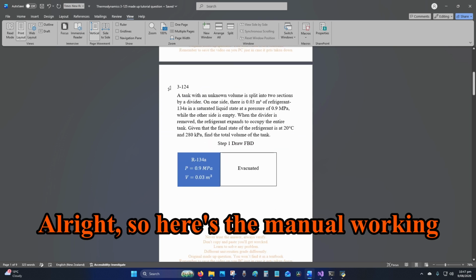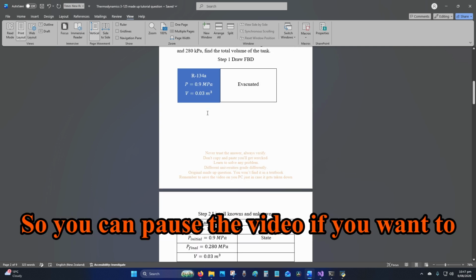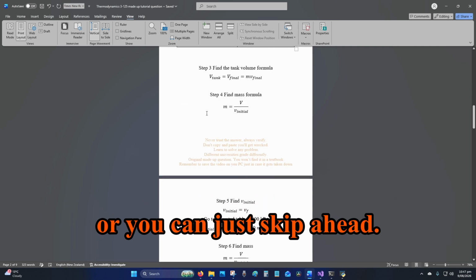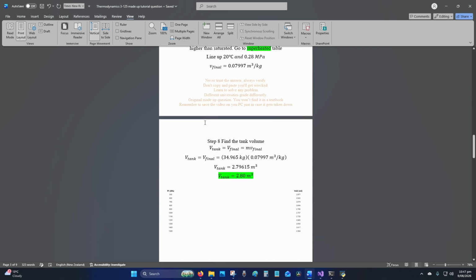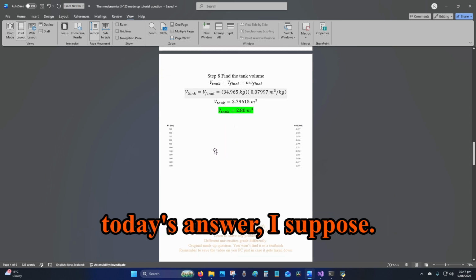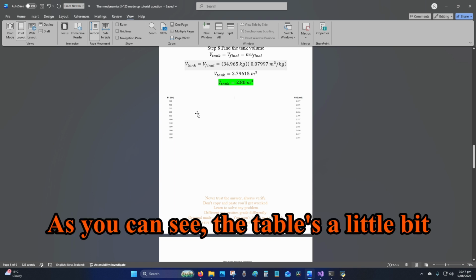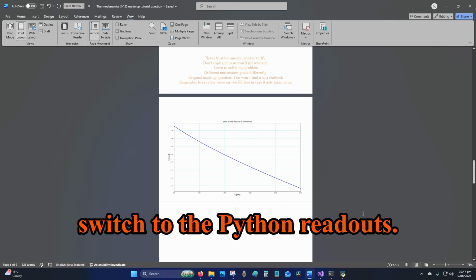Alright, so here's the manual working from the previous question. So you can pause the video if you want to, or you can just skip ahead. Okay. So that's the working, and now here's today's answer, I suppose. So as you can see, the table's a little bit blurry, same with the graph. So now we're going to switch to the Python